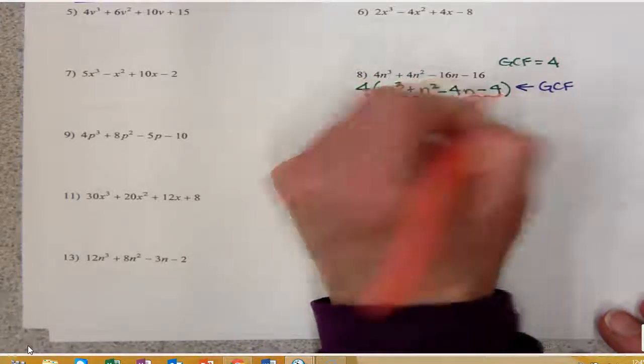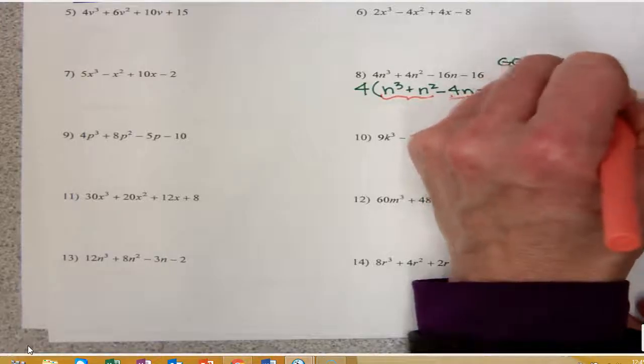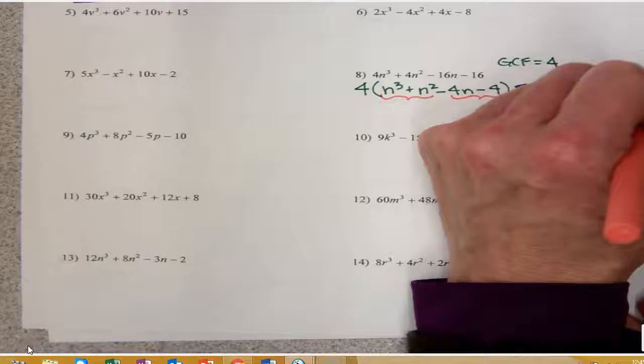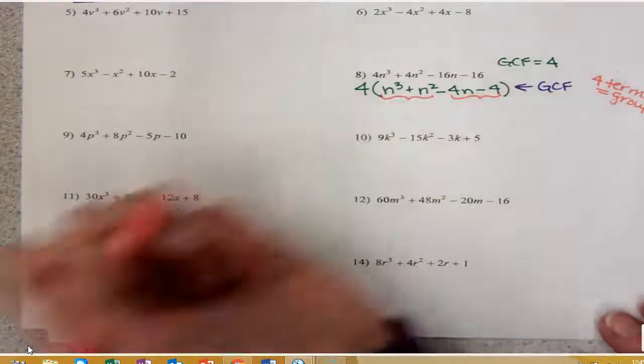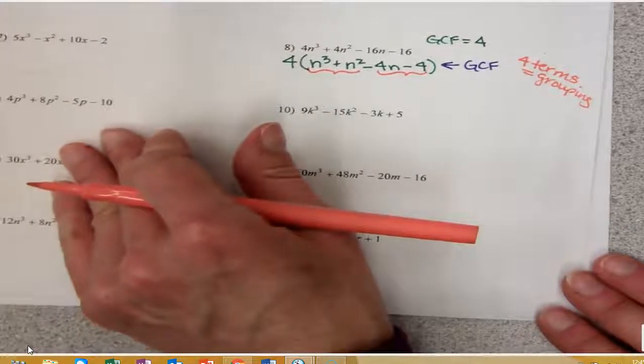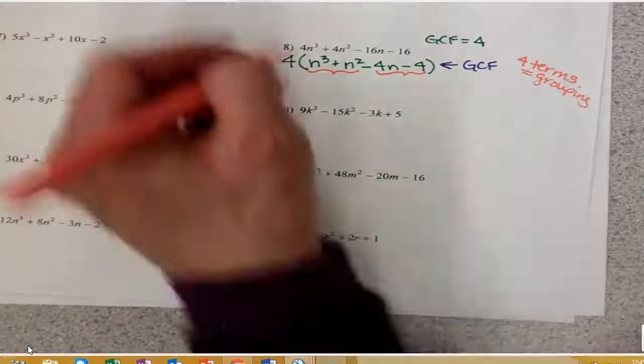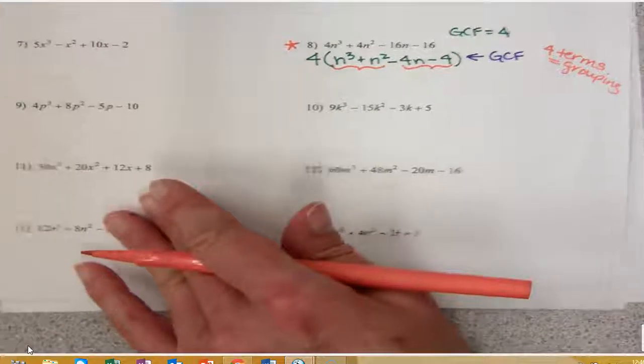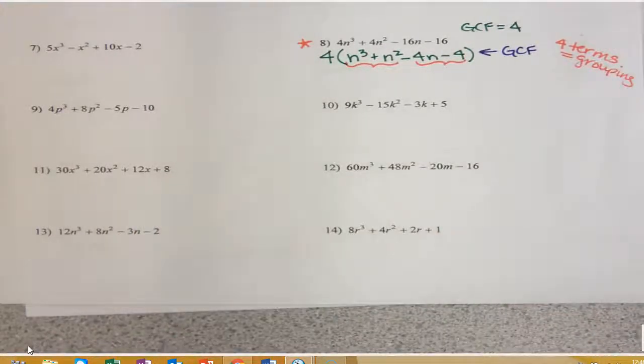I have 4 terms, which means grouping. If you have only 3 terms, you can't group. You have to have 4 terms. So make sure you understand when to group and when not to. You use the grouping with 4 terms. So